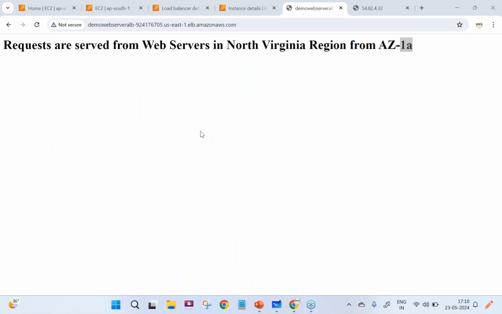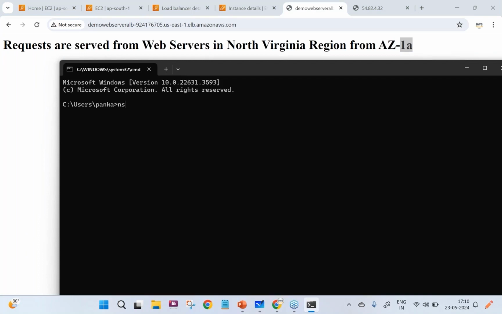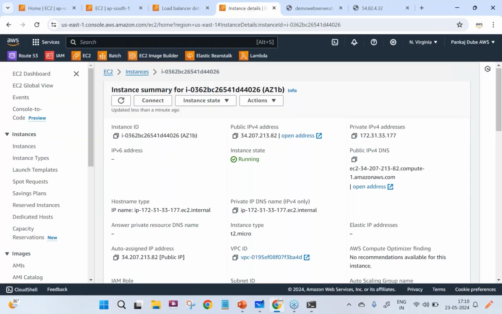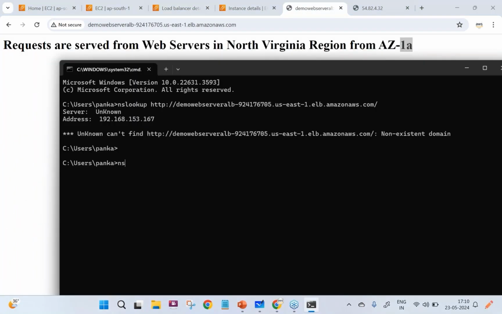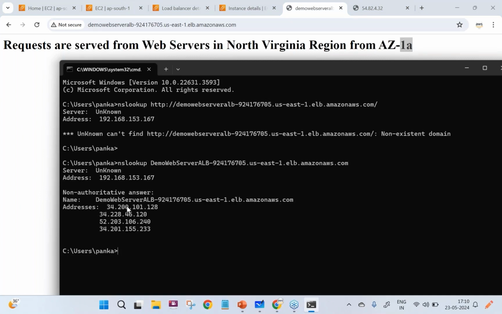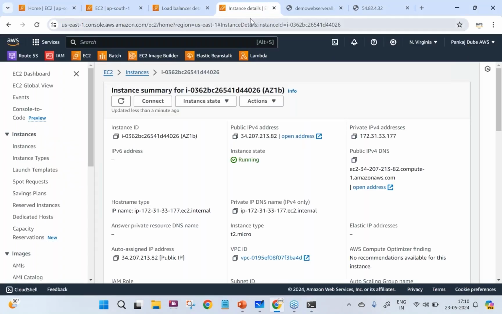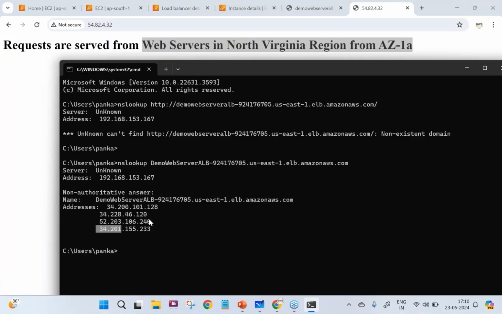Now if I go to the command prompt and do nslookup, let me copy the DNS name. If I press enter, it says address 34.200, 34.228, 52.203, 34.201, and these are not the public IP addresses of your EC2 instances.